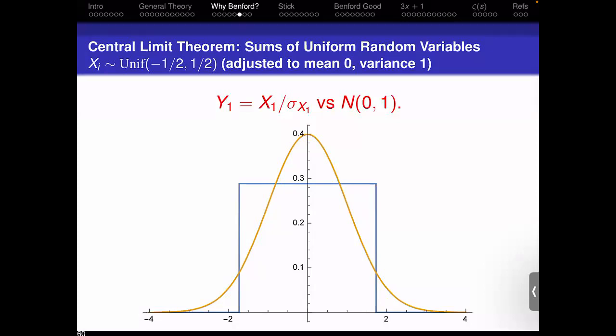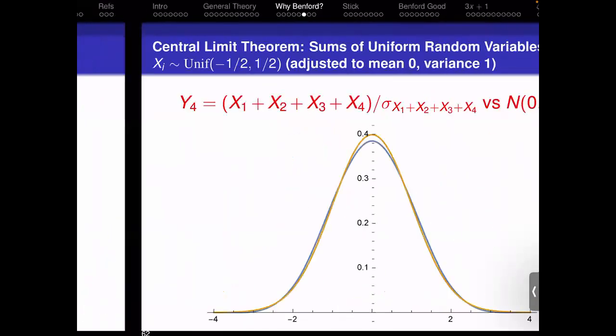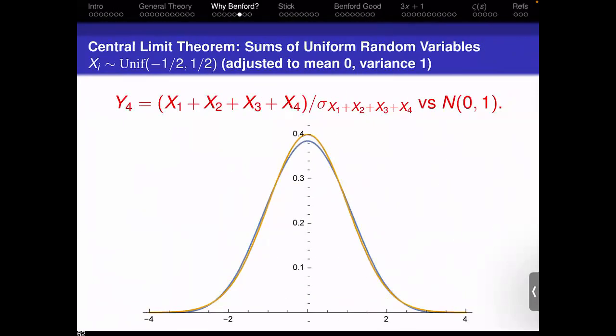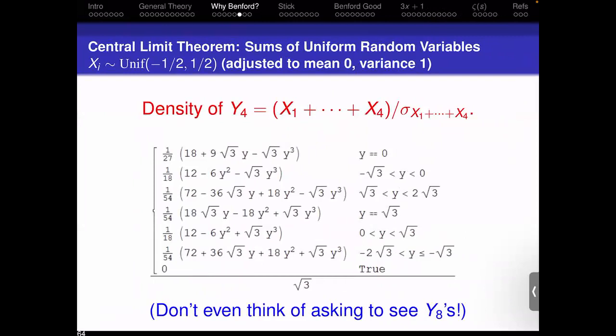But already if I do a sum of 2 uniform variables, it's not that far off from a normal. If I do a sum of 4, it's pretty close. If I do a sum of 8, it's extremely close. You could, of course, explicitly write down the densities and work with this, but it is an absolute nightmare to work with expressions like this. And this is why we want to say it's converging to the normal. Let's just say that the main term is given by a normal, and then control what the error is.